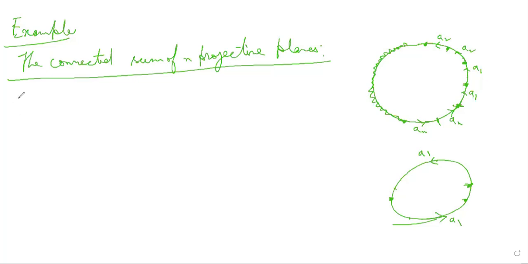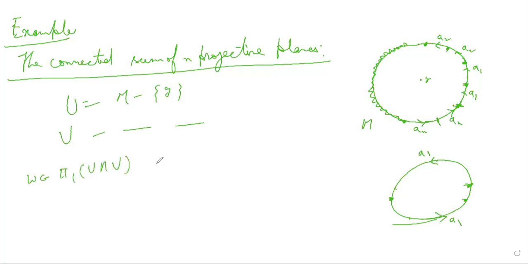So if we use similar ideas, suppose the space is M. We can again take U equal to M minus a point and V as it is. Then omega in pi 1 of U intersection V will go to the class of this. First you have E1, so these points will give you a circle. So you are going to have n circles.